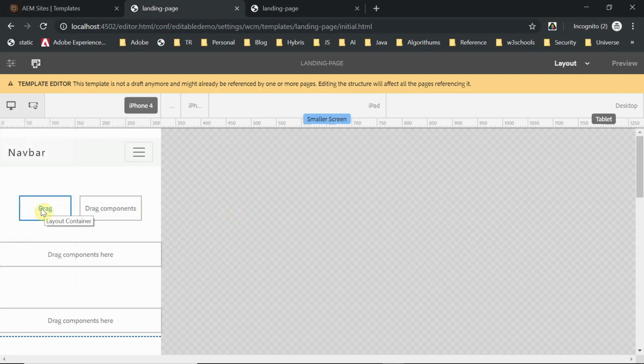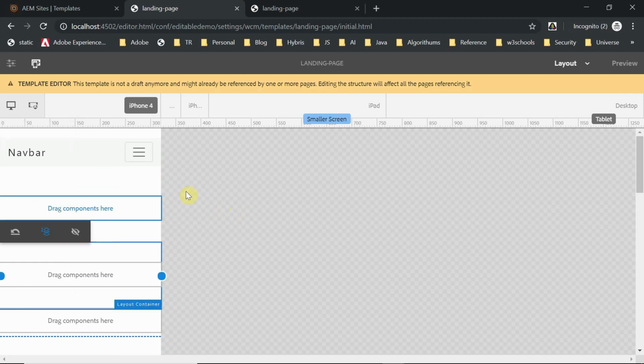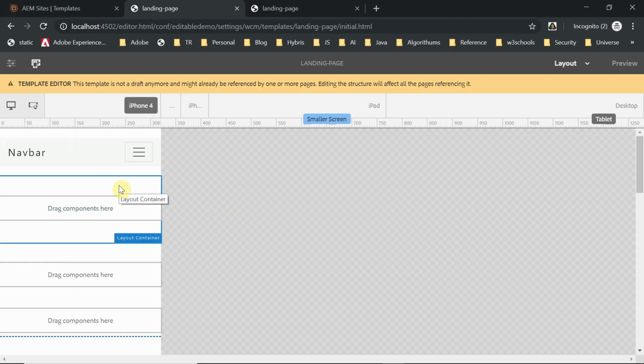Now if you see here, it's showing two components like this. What I need is for it to come in a single line. For that there is an option called float to new line. Click on that. Same thing here, float to new line. But one problem here, because I manually changed that default grid to 16, it will not take all the 16 grid, it will only take the 12 grid. So even though it looks like it's taking the complete width, it is not.